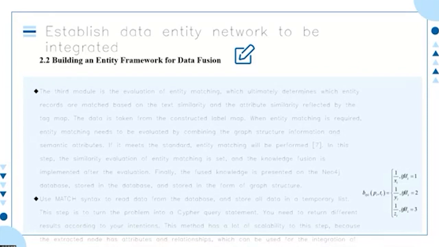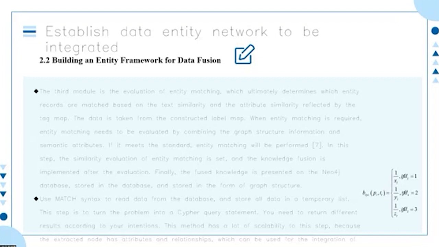The third model is the evaluation of entity matching, which determines which entity records are matched based on the text similarity, and the attribute similarity is reflected by the tag map. The data is taken from the construct label map. When entity matching is required, entity matching needs to be evaluated by combining